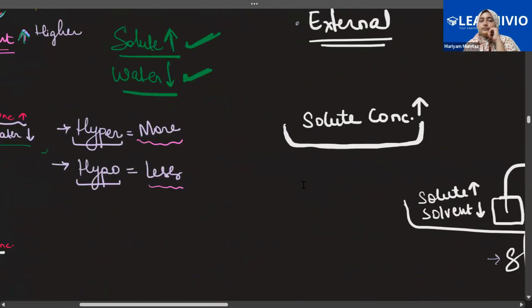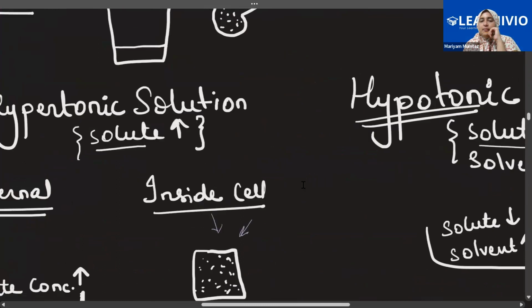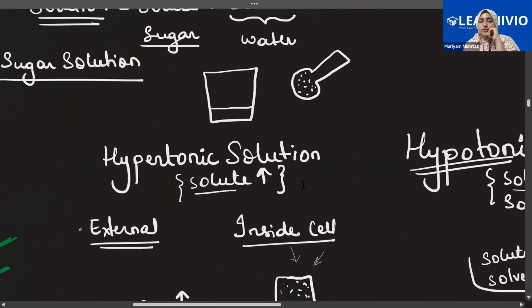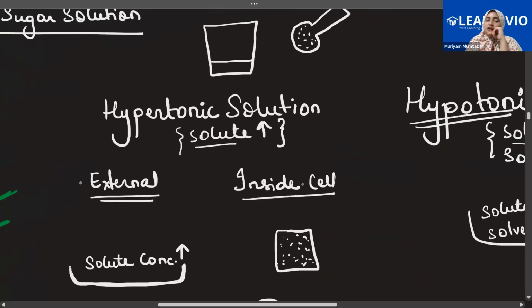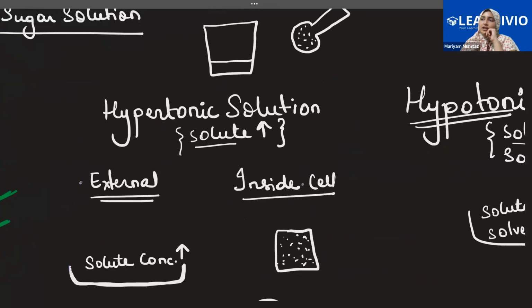Now see here. For example, if we are studying about hypertonic solution, okay? So we take a cell, it can be a plant cell, it can be an animal cell. Now in a plate or a bowl, we put, let's just say, 3 spoons of water. Okay, 3 spoons of water. And then we put 5 spoons of sugar. So now solute concentration is high or solvent concentration is high?